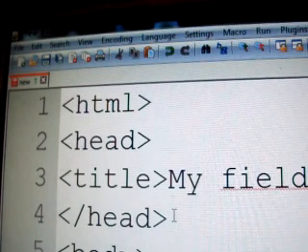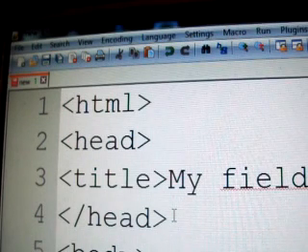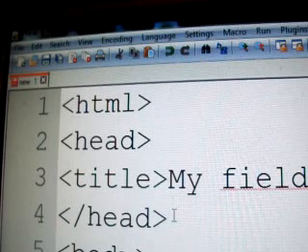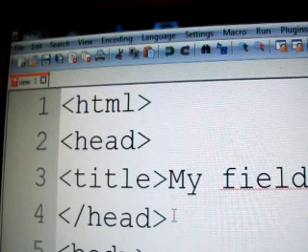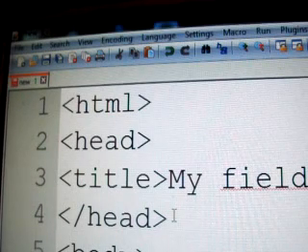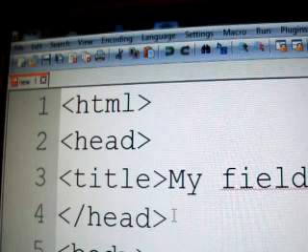Okay, and then after that, what we're going to have is fieldset tags. I bet you're asking right now, what are these tags going to do? Well, I'm going to show you that in a little bit. All right, so the next thing I'm going to do is we're going to type in